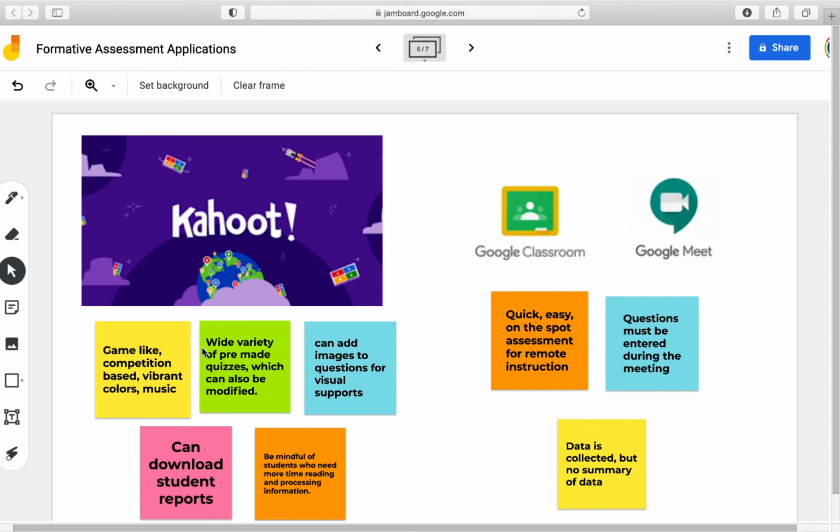However, if you do want to make your own from scratch and make it truly unique, you can do so as well. You can add images and visual supports to the Kahoot, which is great. You are able to add images, videos, and documents from your computer. You can download student reports. It also shows you the questions that students had more difficulty with, so that's great to inform instruction, and you may want to revisit those questions